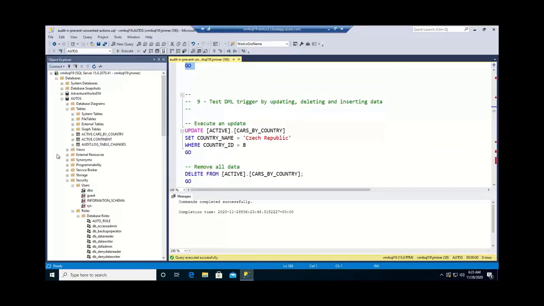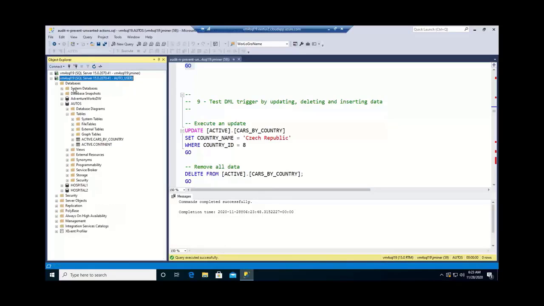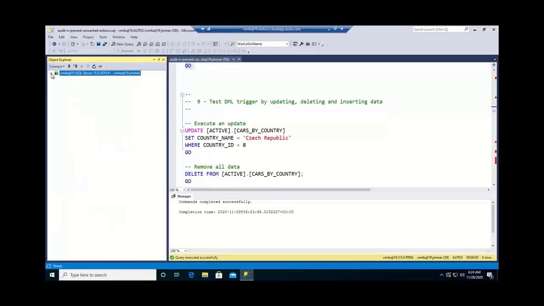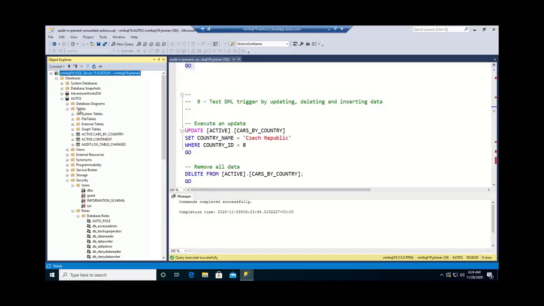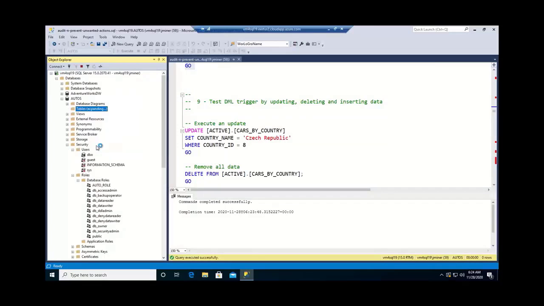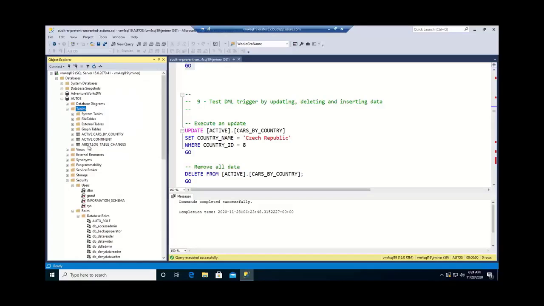So let's test this, okay? And so I'm going to clean up a little. I don't think we need this one, so we're going to disconnect that. We don't need that user anymore. And if we hit refresh here, we can see that there's an audit table, and we